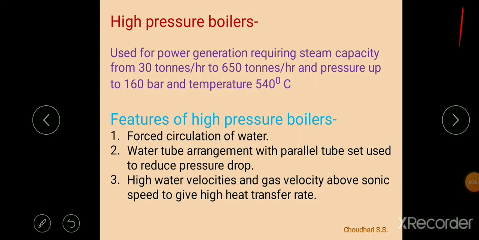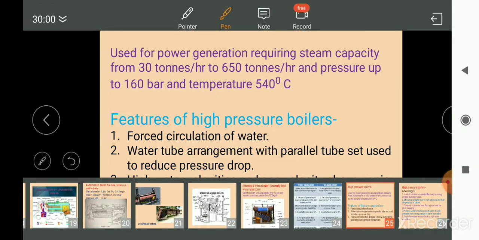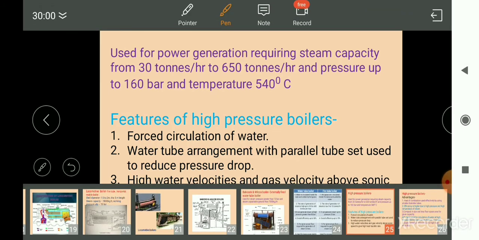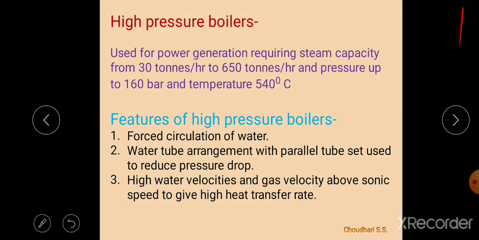Good morning, students. Next topic in the steam boiler we are considering is high pressure boilers. High pressure boilers are used for power generation requiring steam capacity normally greater than 30 tons